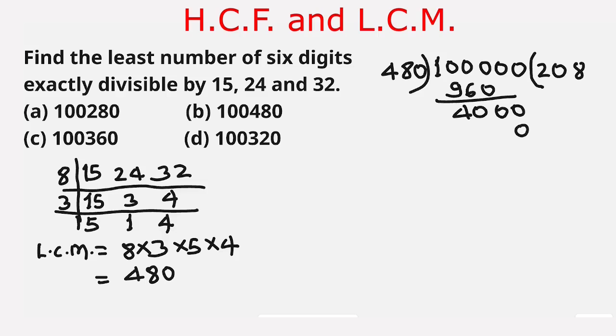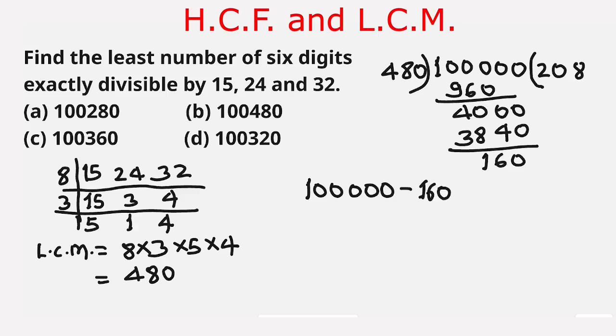8 times 0 is 0. 8 times 8 is 64. We write 4 and carry 6. 8 times 4 is 32 plus 6 is 38. On subtracting 3840 from 4000, the remainder is 160. Now we subtract 160 from 480 to get our answer. 480 minus 160 is 320, and 100,000 plus 320 is